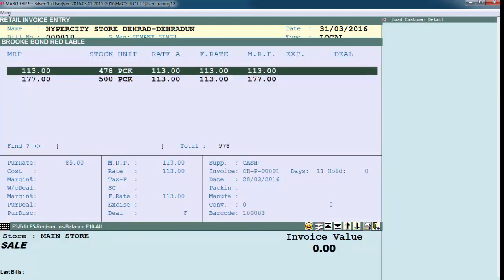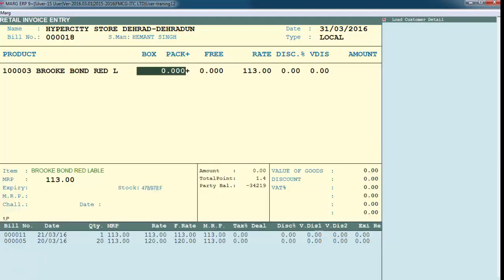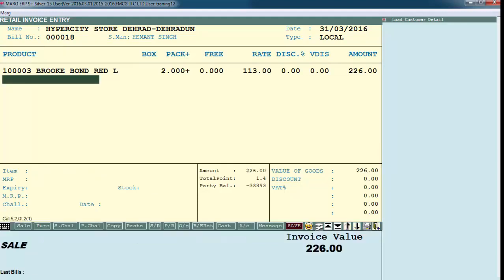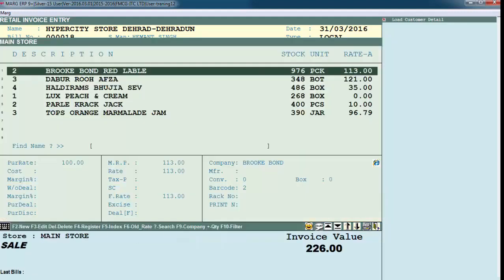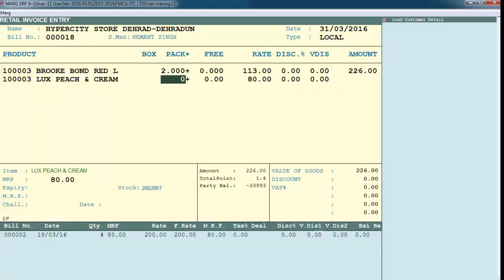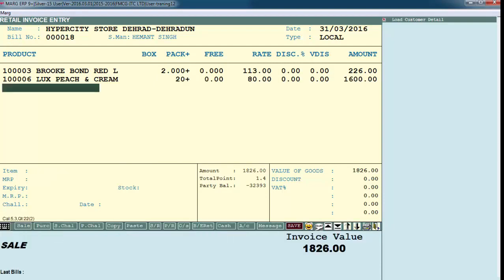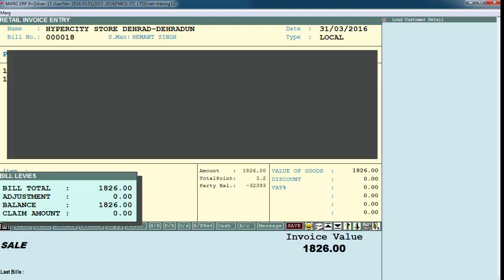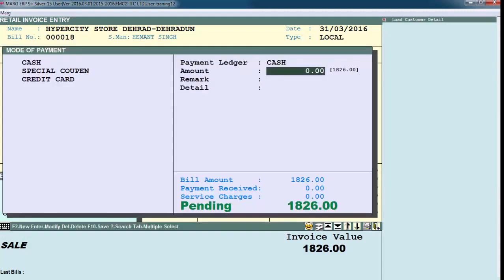Enter. Type the quantity you are selling, suppose 2 quantity. Enter. And we'll sell another product, Lux Peach and Cream. We'll sell 20 quantity of it. Now to save the bill, we'll press the end key. As you save the bill, this window appears mode of payment.